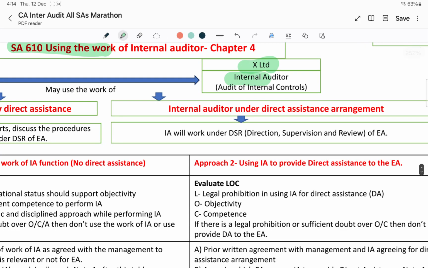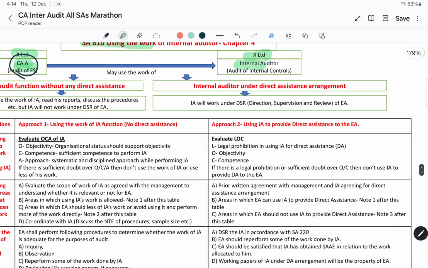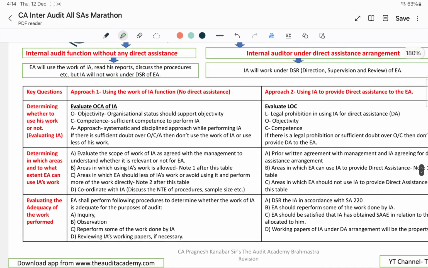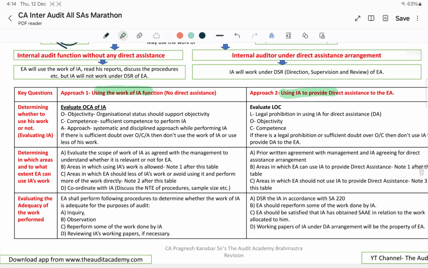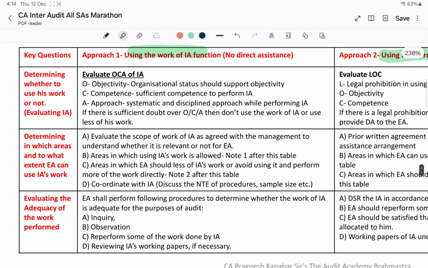Next is internal auditor under direct assistance arrangement. The internal auditor will work under the direction, supervision, and review of the external auditor. There are two approaches. First is using the work of the internal audit function. It means no direct assistance is given. The second approach is using the internal auditor to provide direct assistance to the external auditor. First is